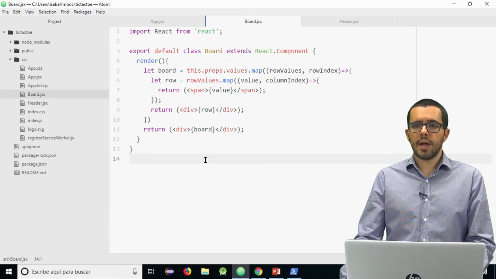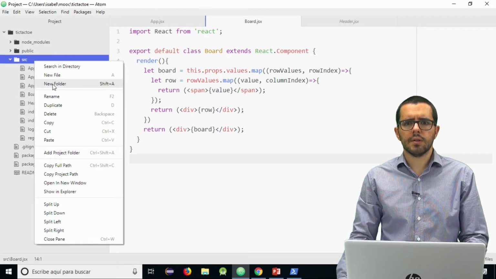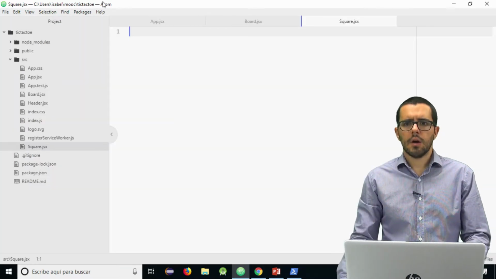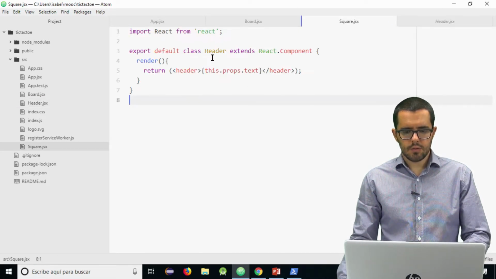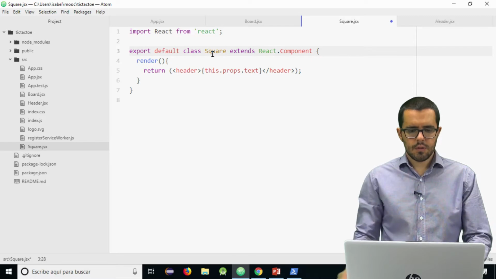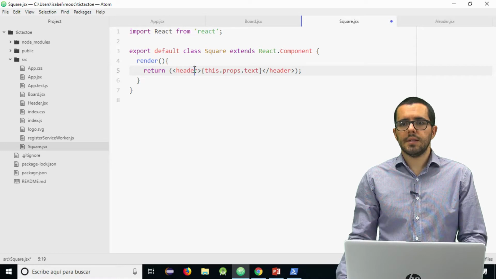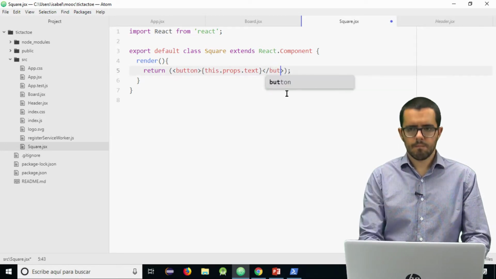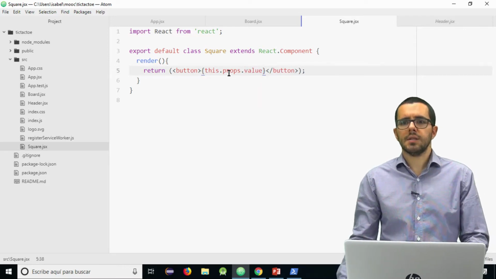And now we are going to create the squares. For the square component, what we are going to do is, as always, in the first place, create the file. I can copy the structure of header into square and change the class name. A square is just a button with some content that comes as props.